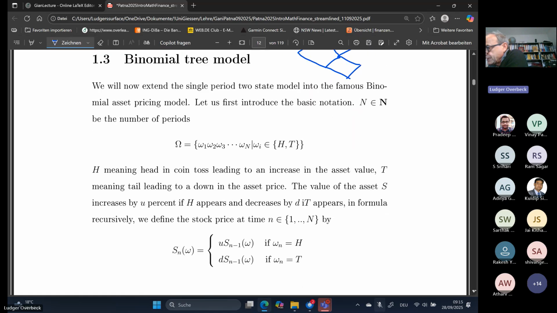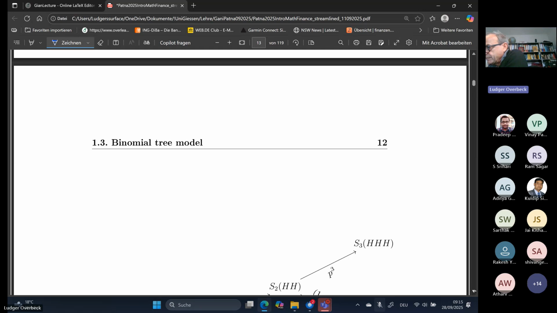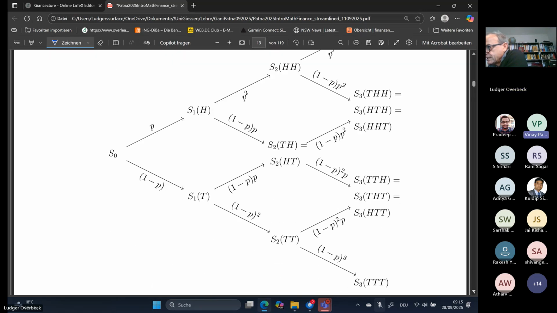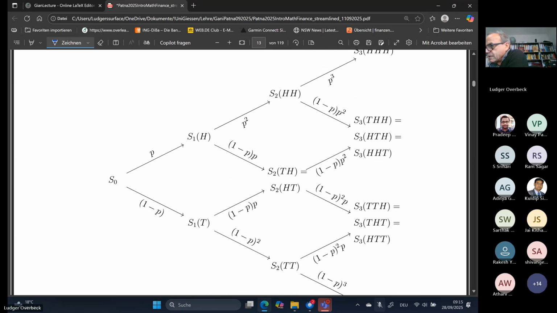And each time we go up and down, not yet specifying the probabilities, but the underlying probability space is now this one. You're going up, I mean, it's visually up. There's usually each head, put it like this, or up, however you call it. Next time you can go up again, and so on. So that's the underlying probability space, which you can visualize like this binomial tree.